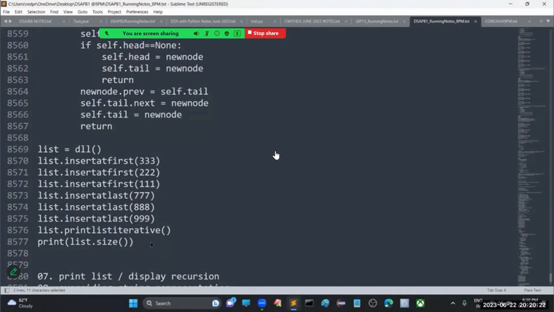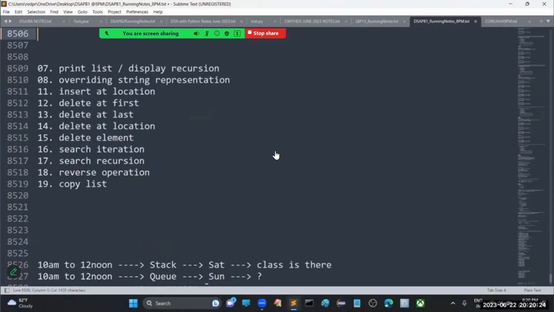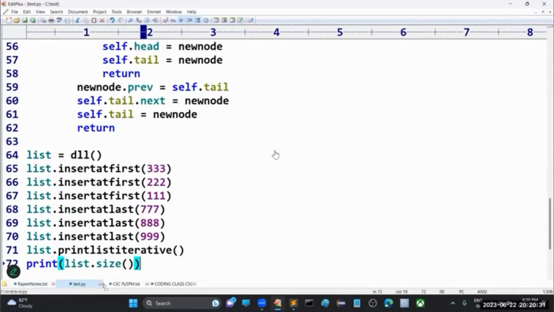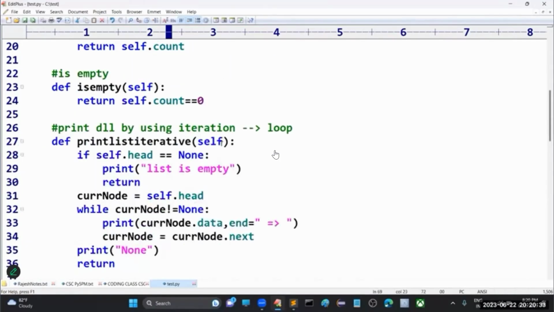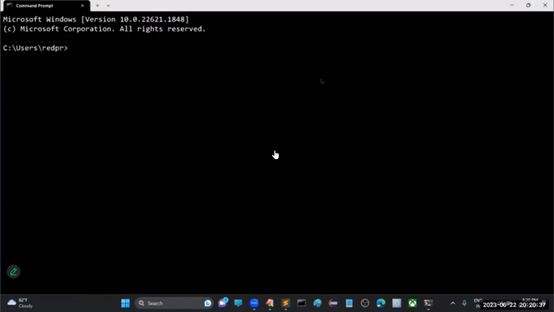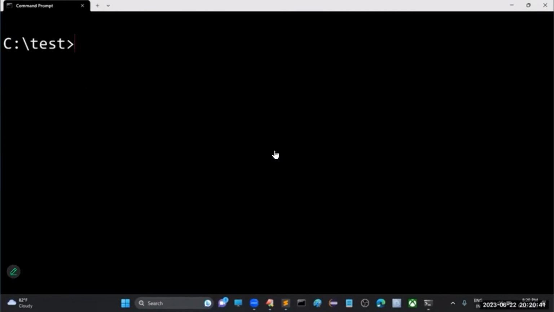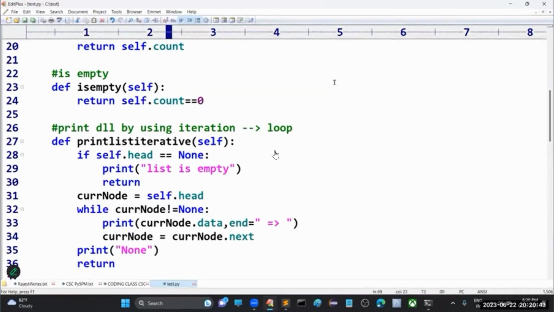In the linked list, we have performed almost all the operations except some traversals. Let us complete that one also. In today's session, we will finish those operations. Let us see how we can work with that. So you can see here